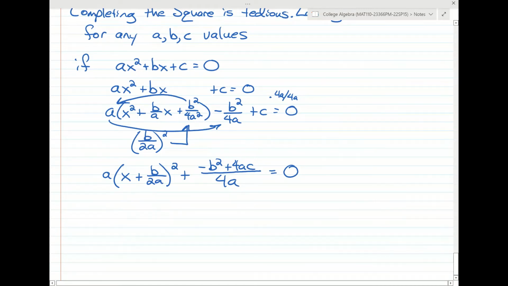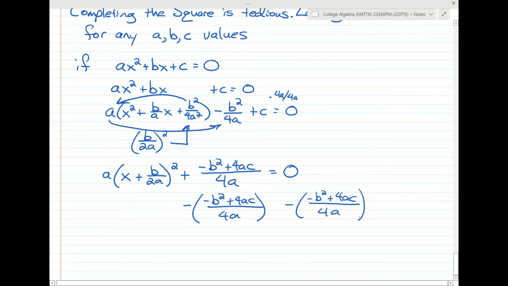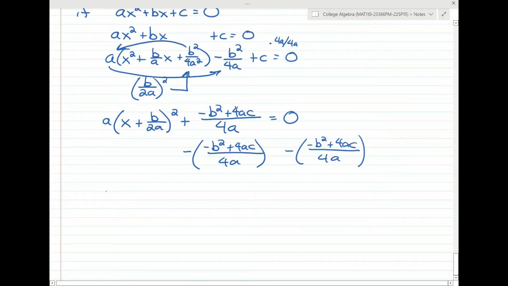Next step is we'll try to get the x by itself by subtracting this on both sides. And we get a times x plus b over 2a squared is equal to,